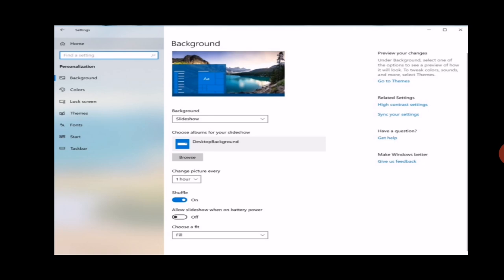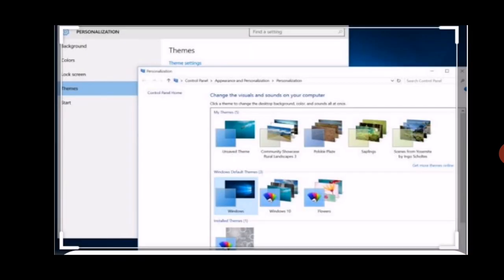Now, second option: how can we change our themes? When you click on the personalize option, the next item we select is the theme. When you click on the theme option, a window will appear. You can select any theme from here and just click on that particular theme on your computer screen. After that, you can see the particular theme styles displayed in your computer system one by one. In the theme, you can visualize the background of the computer system, Windows color, and Windows screensaver, and you can change them from there.